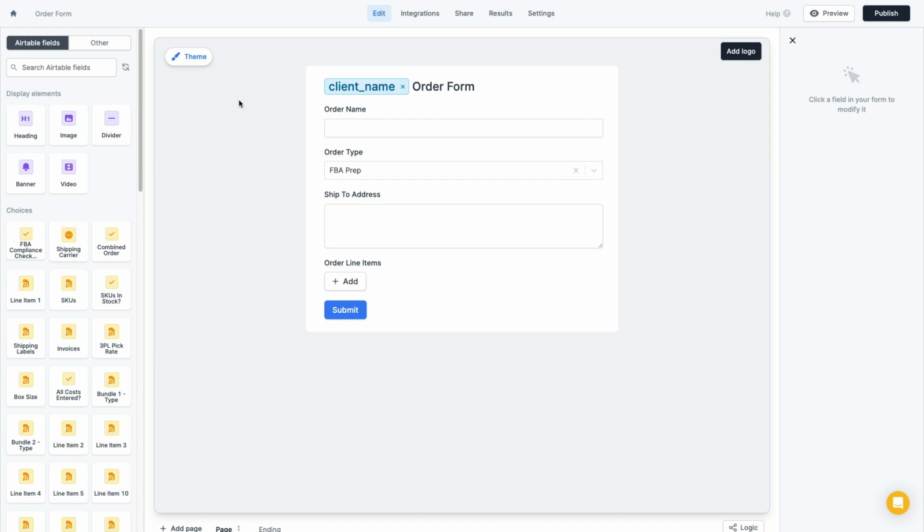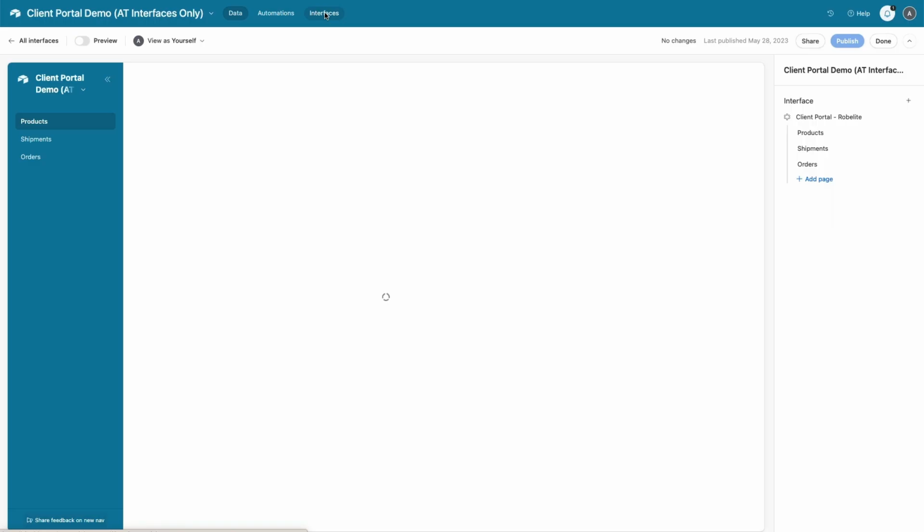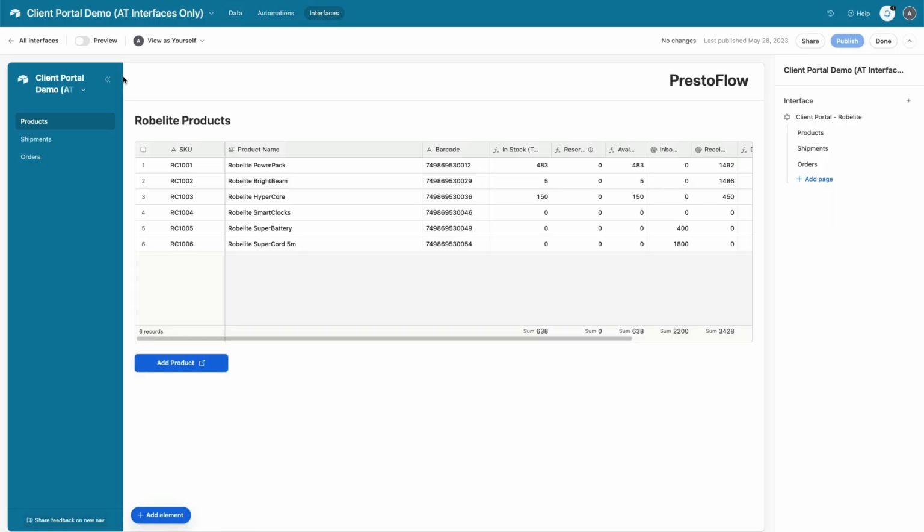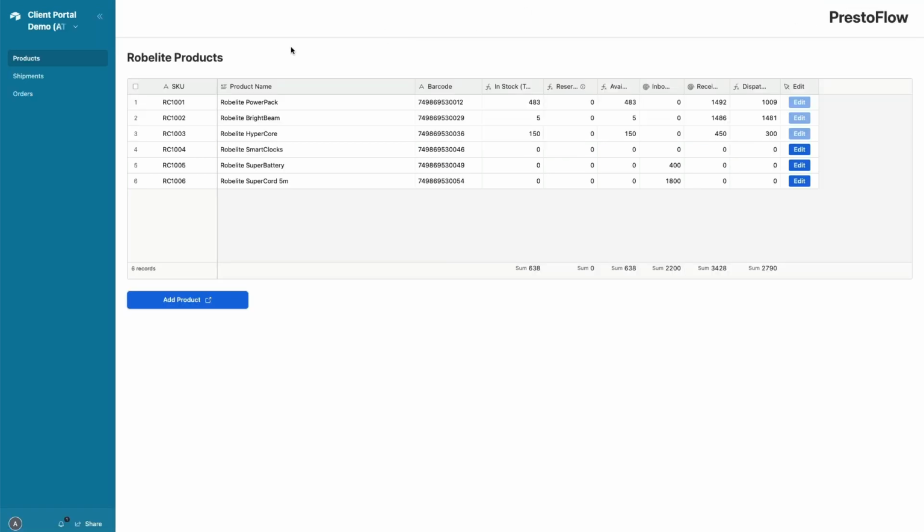So another thing we mentioned was customizing the theme. So when we look back at the Airtable interface, I'll switch to the interfaces view. Here you can see we have this left bar side nav on the left, and the logo at the top. You can't really put a proper logo in, so it's just text. So all we can do is actually just replicate that similar look and feel, having this left solid color bar and this text logo on the top right. I'll hit done here